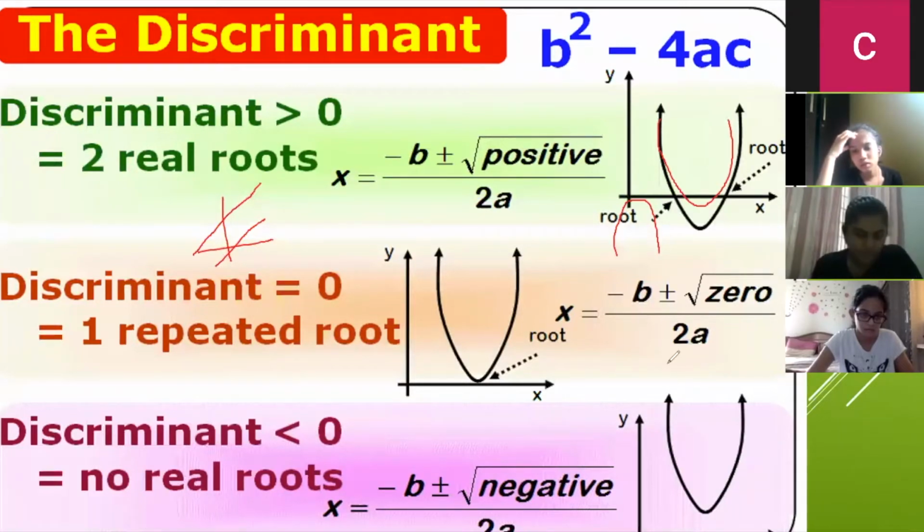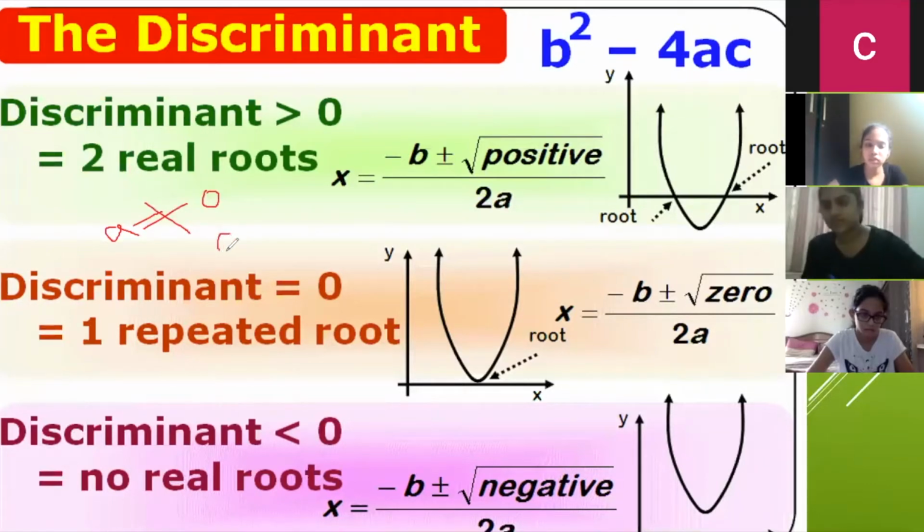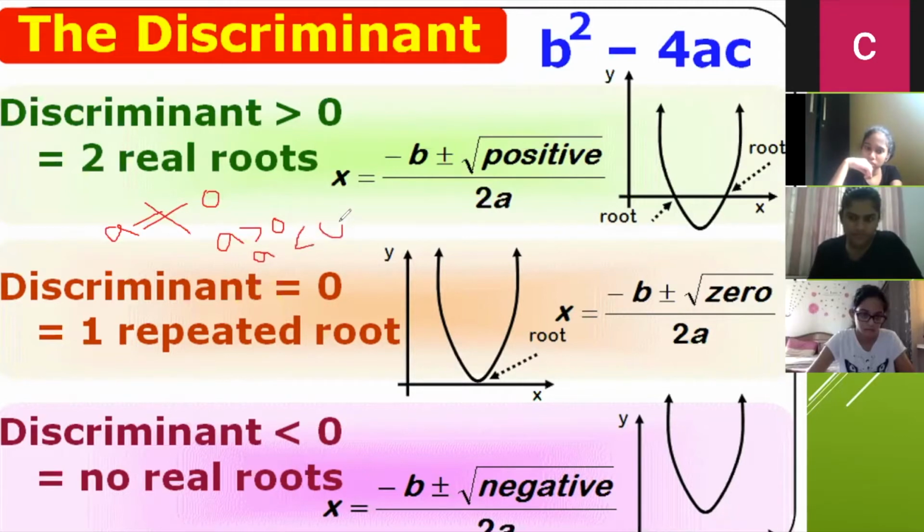If a is greater than 0, keep it in mind, important point. Because we know that generally ax square plus bx plus c, a not equal to 0, we will write. That means if a is positive, the diagram is always towards up. If a is negative, a less than 0, all diagrams are towards down. So the same diagram will be there, but you will draw it towards down.